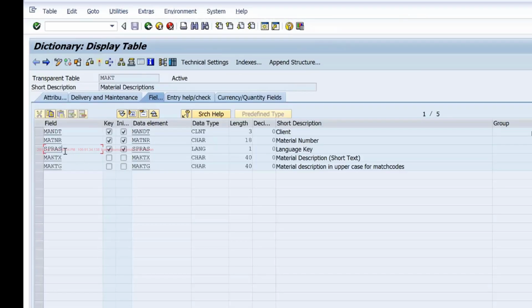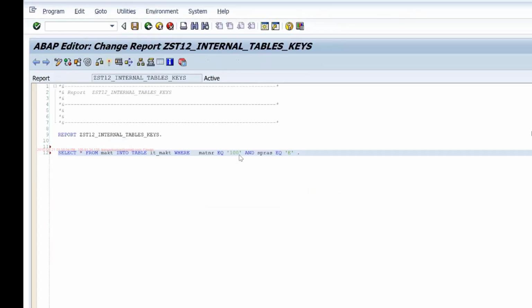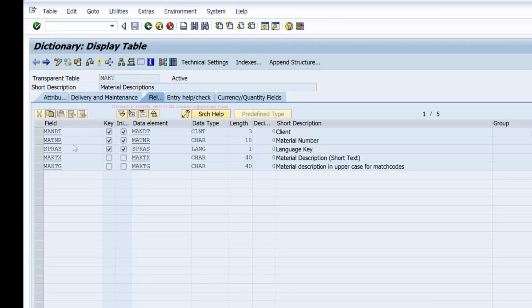But what if I just want to search by SPRAS? If I say where SPRAS equals something, ignoring MATNR, even then it won't be able to take advantage of the index. So if you want to look up this table based on MAKTG value, or just SPRAS and MAKTG, since the table key consists of MATNR and SPRAS, there is only one primary index based on these two